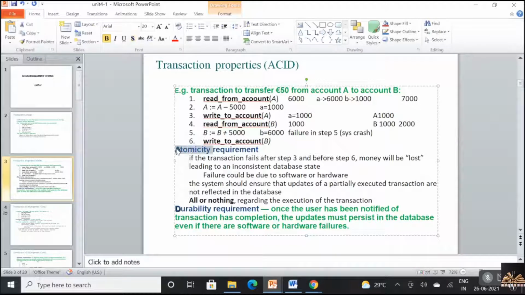And the atomicity requirement of the transaction states that do all or do nothing. This is the atomicity requirement regarding the execution of a transaction. So do all means do all the statements of the transaction in a single go, or do nothing means do not start the transaction or do not